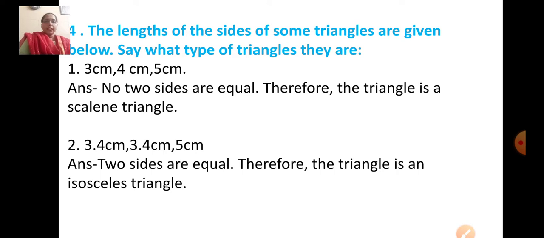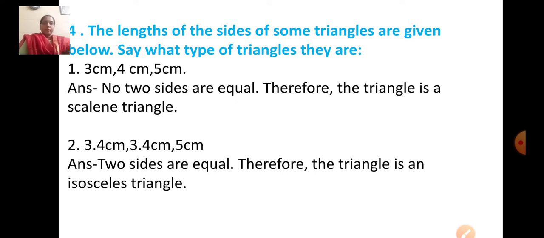Now the second sum is 3.4 centimeter, 3.4 centimeter again and 5 centimeter. So children, two sides are equal, right? So when two sides are equal, which type of triangle is it? Yes, you're right. It is an isosceles triangle. We had learned in types of triangle based on sides, when two sides are equal and one side is different, that type of triangle is called an isosceles